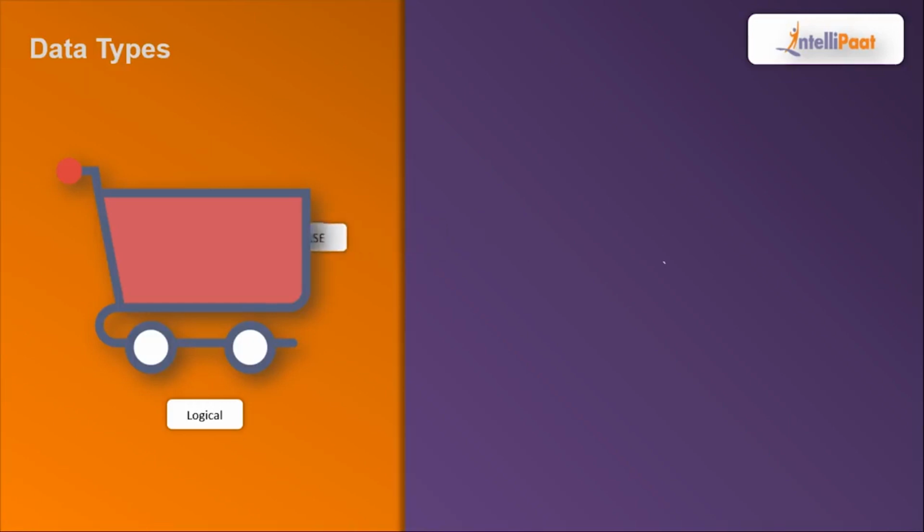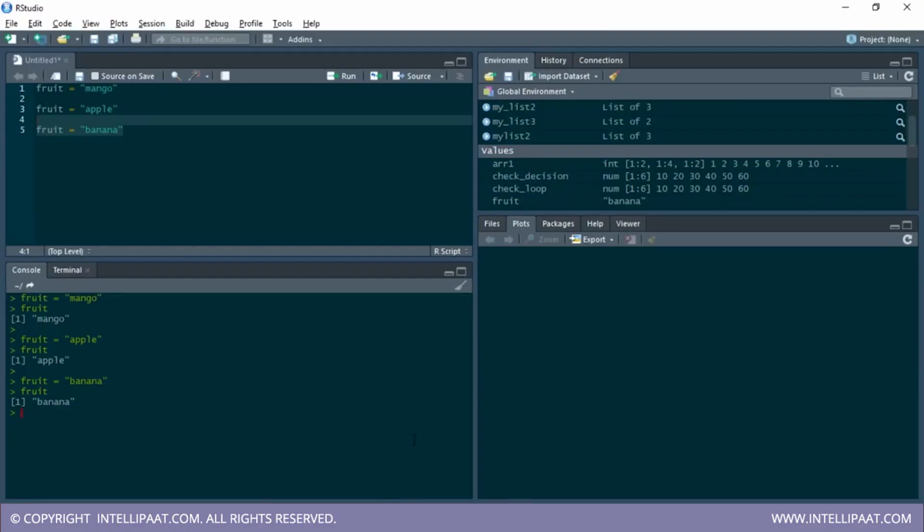And then we have the final data type, which is complex. So a complex data type basically comprises of two parts. First is the real part, and then we have the imaginary part over here. So 2 plus 5i, 30 minus 30i, and minus 100.47i, all of these are complex data types. So similarly, a variable can also have complex data types. Alright, so now that we've understood what exactly are data types, let's go to RStudio and implement some variables with